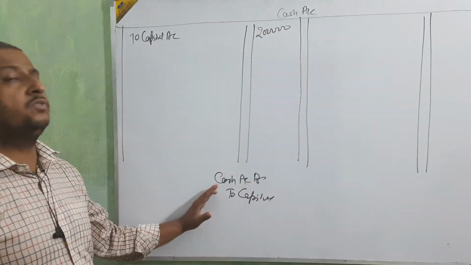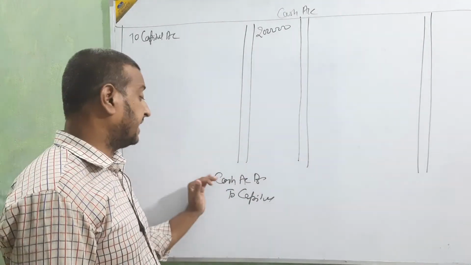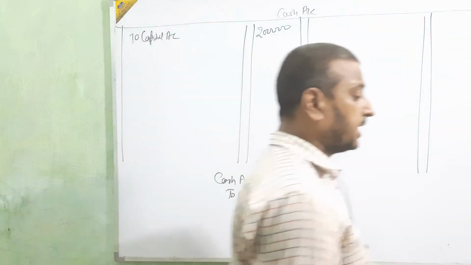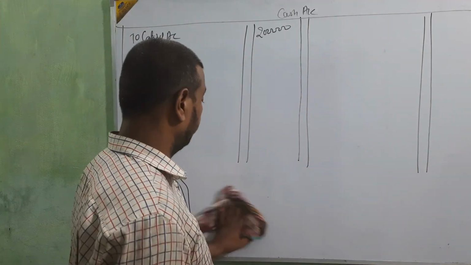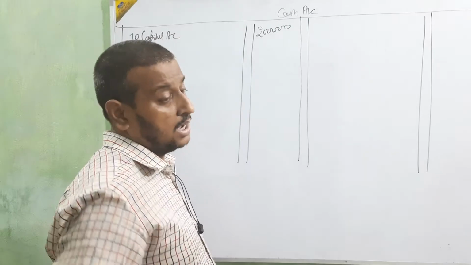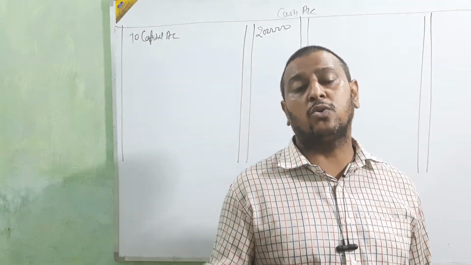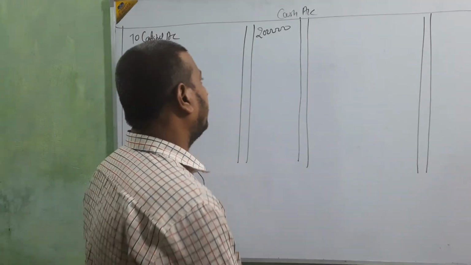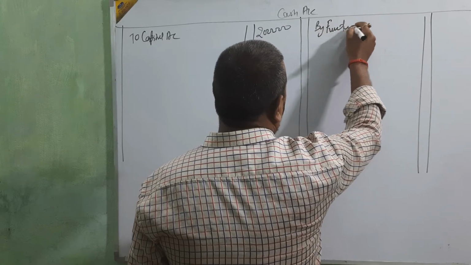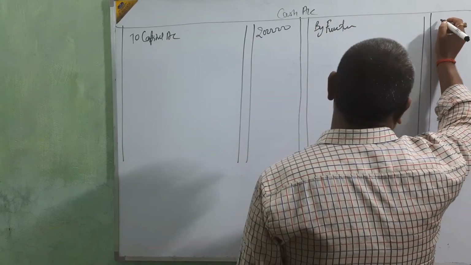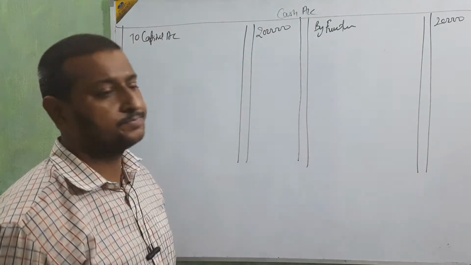Clear? Which account are we going to make? If that is debit, then its opposite will be credit; if credit, then its opposite will be debit. Okay? Clear or not? Clear, beta? Okay, next. Furniture account debit to cash account. Again in this entry cash is coming, furniture account debit to cash account, it means cash is credit, so furniture will be debit, beta. Bought furniture, amount 20,000. Okay, beta? Clear? Next.